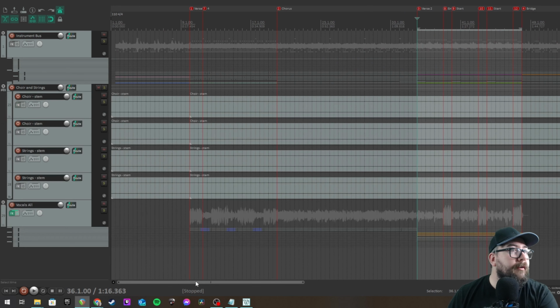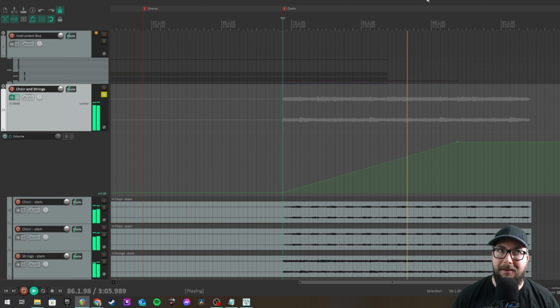Around here we get to where it would probably be a really nice volume. But for that outro, I wanted it loud. So we get very loud. At the same time, drum bass, guitars left, guitars right, and bass, everything except lead guitar is fading out. And it's at that same point that we have the choir and the strings at full volume. Everything else is going to be at complete mute. So that sounds like